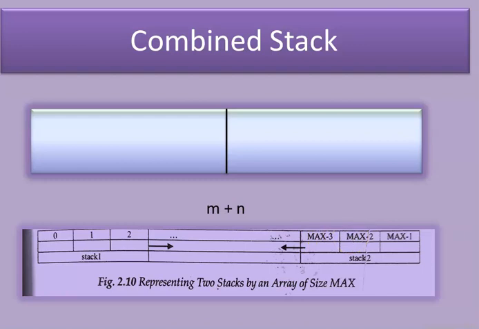The initial conditions, that is the stack empty conditions, also differ here. For the left side it is the same, that is, -1 will be the stack empty condition because top will be at -1. But here it will be max. -1 is invalid here, just as max is also invalid at this end. So max is the empty condition for stack 2. Here if top is -1, this stack will be empty. So this is the working of multi-stack.